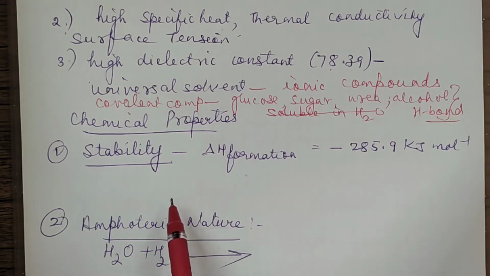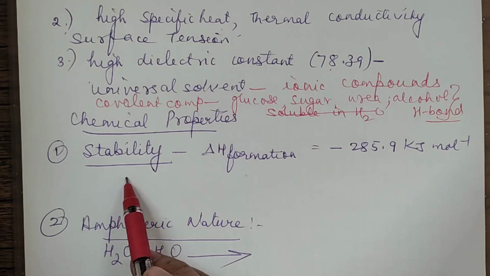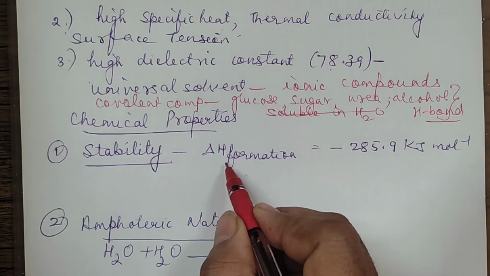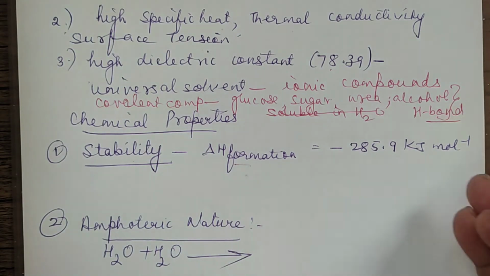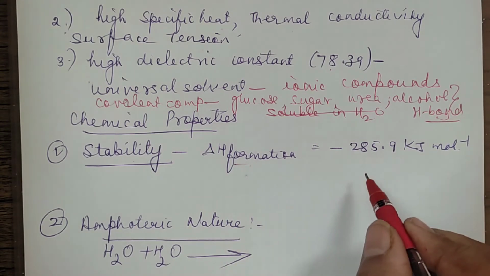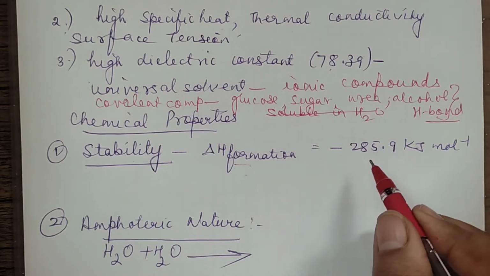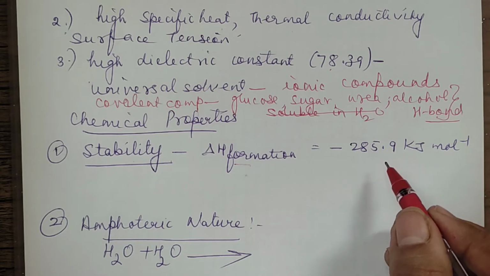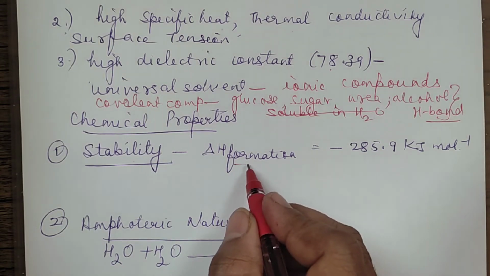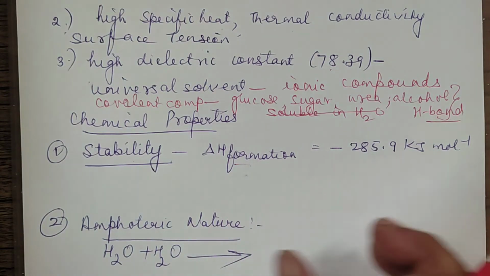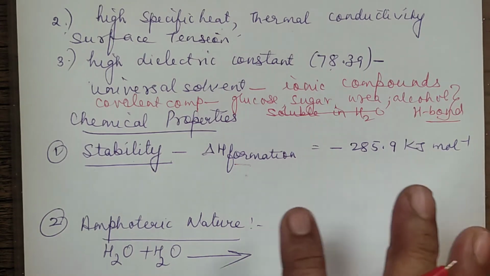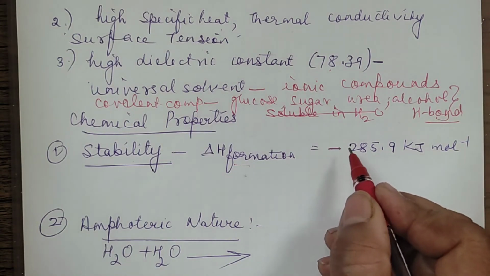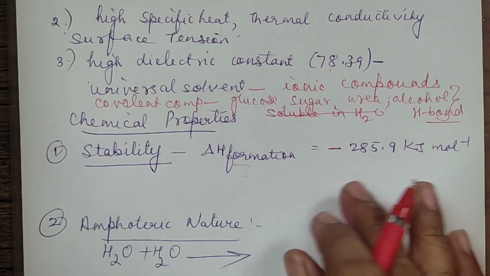Right? Now we move on to the chemical properties of water. The first one is stability. Now first thing is we say its enthalpy of formation is negative. Any compound which has more enthalpy of formation, more in the sense more liberated, more negative, that means it is stable. Enthalpy of formation is the amount of heat liberated in formation of a particular compound. So, in formation of water, this much heat is liberated, it is stable. More negative means more stable. Okay, so it doesn't decompose easily.